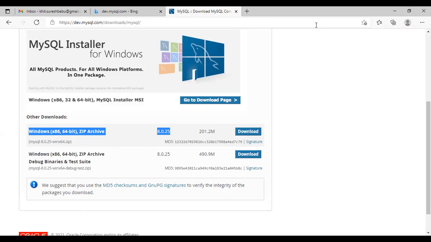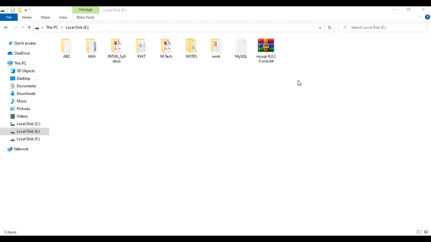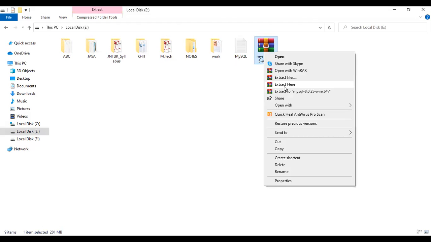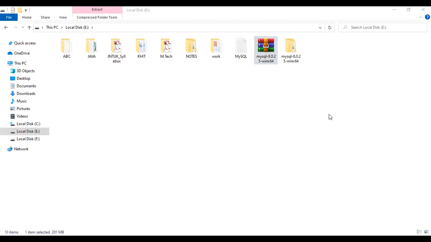Coming to here, I have downloaded this MySQL 8.0.25 and extracted it here.